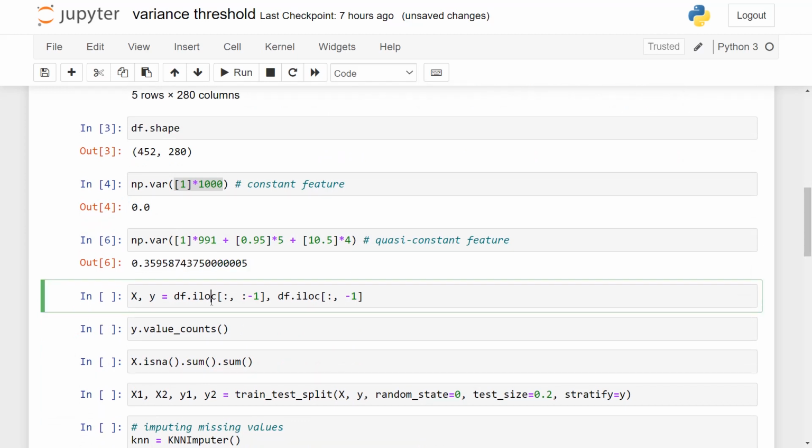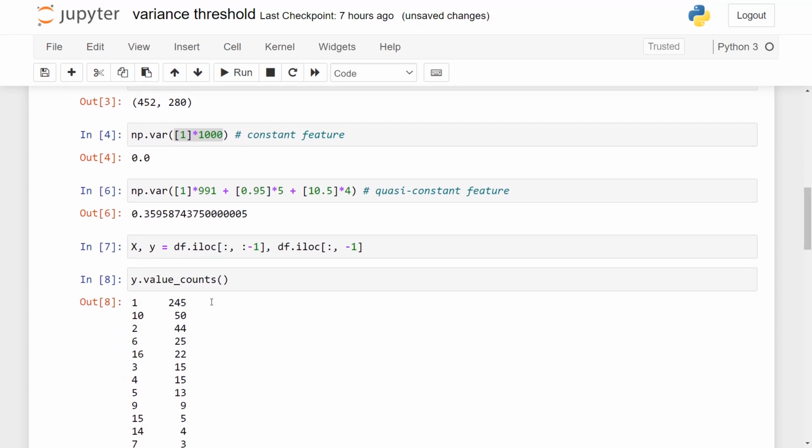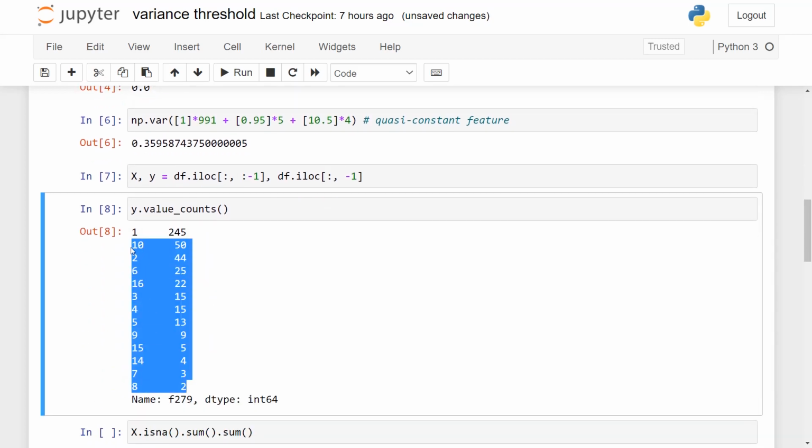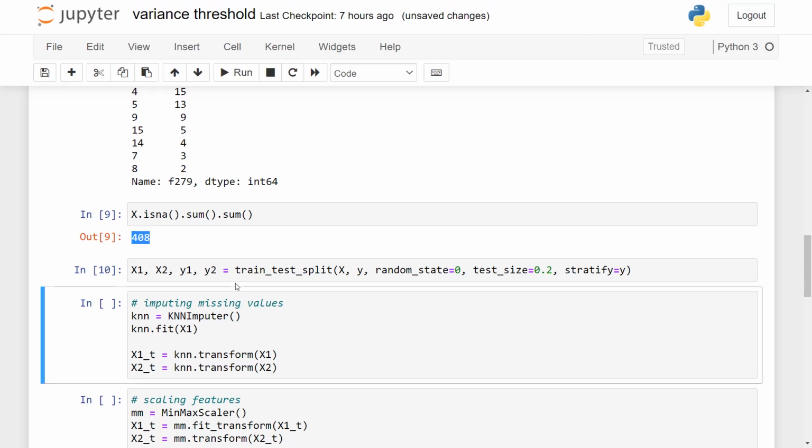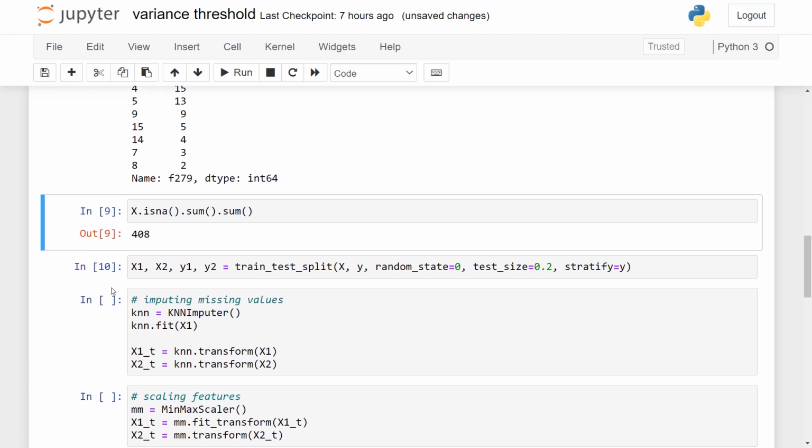Now let us segregate the data into the feature vector and the labels. We have a multi-class problem in this case. Let us look at the total missing values in the dataset. We have 408 missing values. Now let us segregate the data into training and testing, because we should only do all the feature selection techniques on the training dataset and then pass on those results to the testing dataset to avoid data leakage.